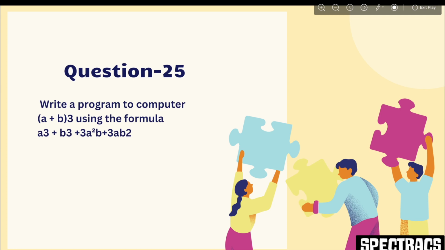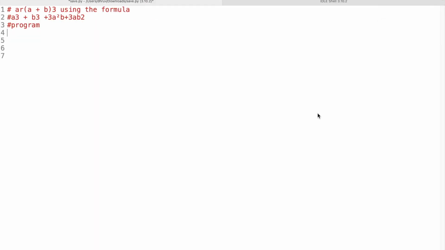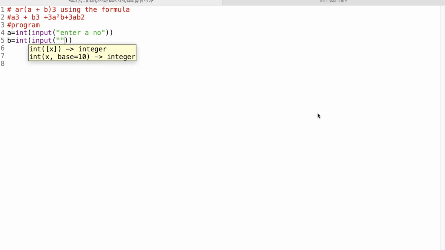Write a program to compute a plus b the whole cube using the below formula. So in this question, they're asking us to find a plus b the whole cube using the formula. So the formula goes as a cube plus b cube plus 3a squared b plus 3ab squared. So let us get a equal to int input, enter a number, b equal to int input, enter a number,